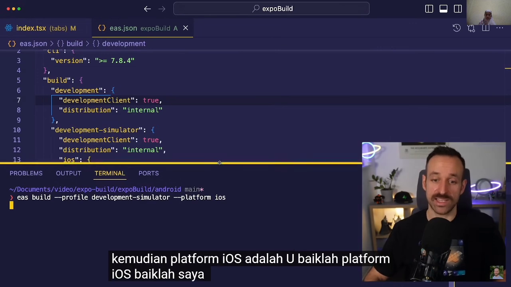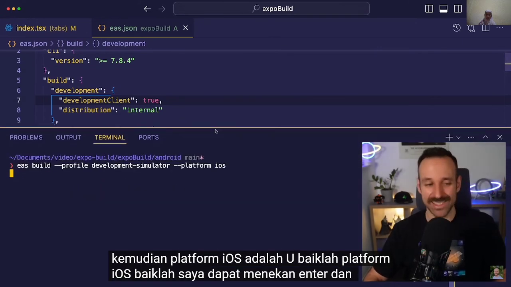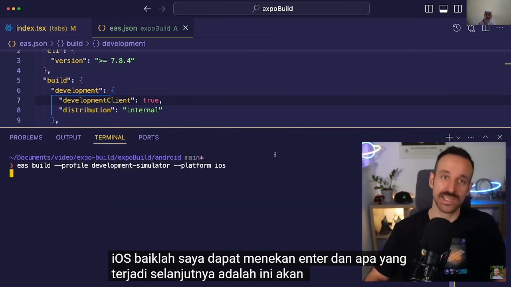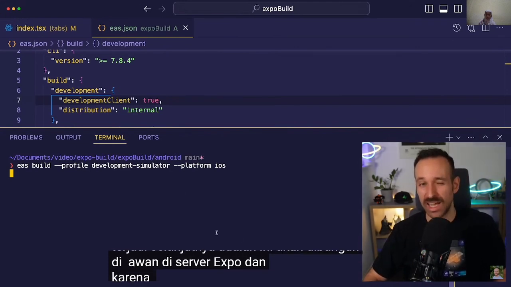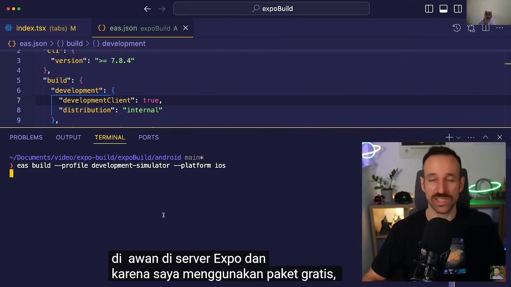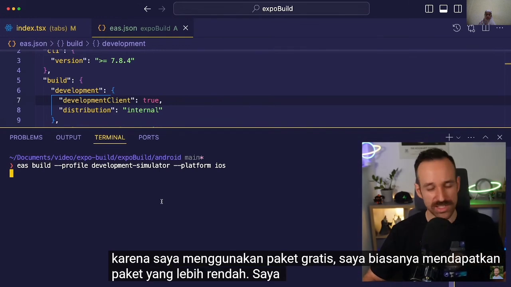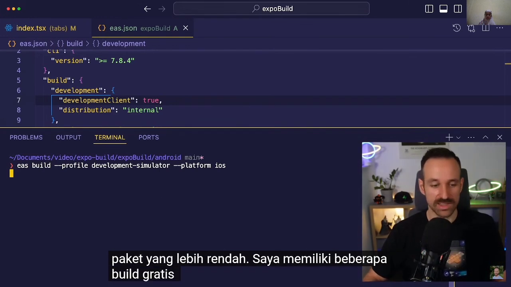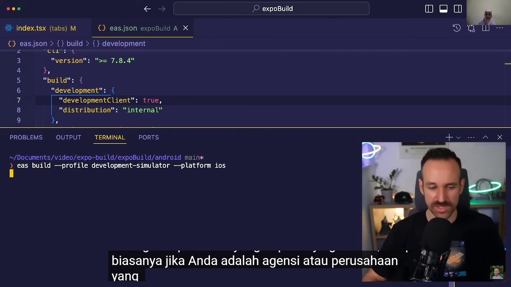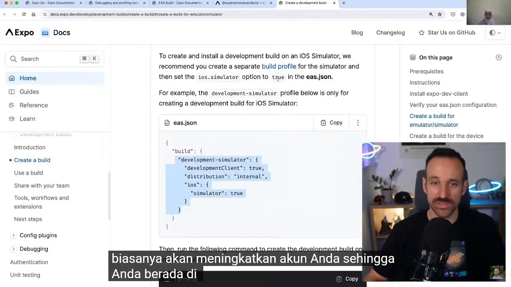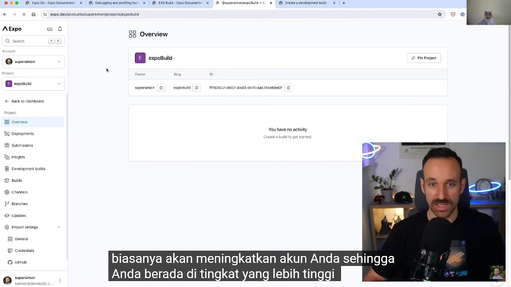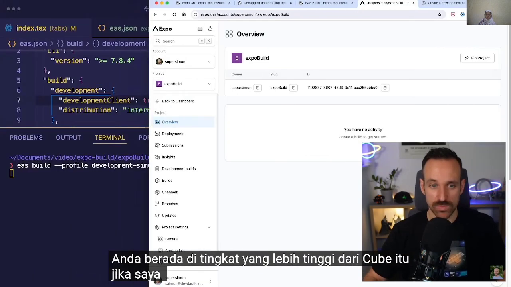All right, I can hit enter, and what happens next is that this would be built in the cloud on the Expo servers. And because I'm on a free plan, I usually get put in a lower tier. I do have some free builds per month that I can use, but usually if you're an agency, a company that's serious about that stuff, you would usually upgrade your account so you're in a higher tier of that queue. If I check out Expo build here,